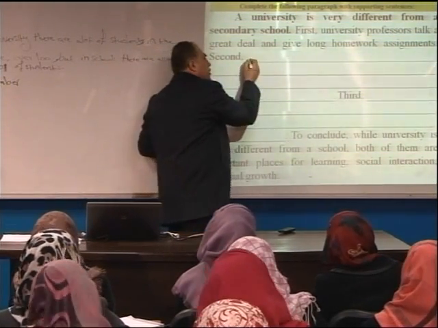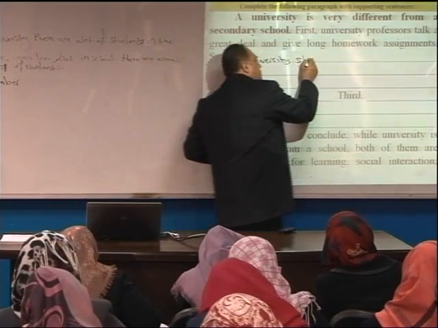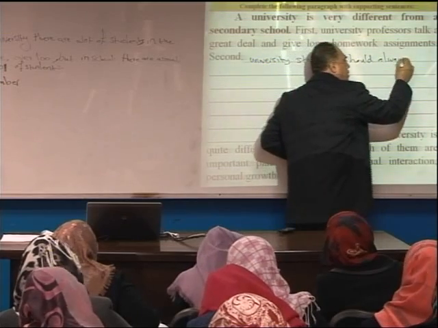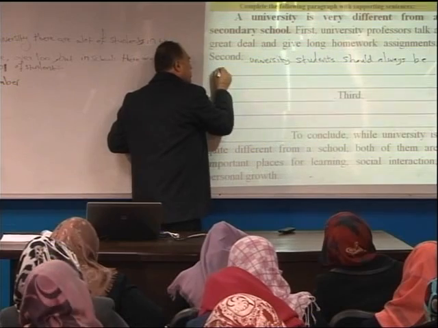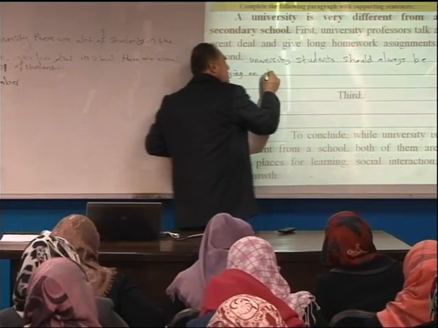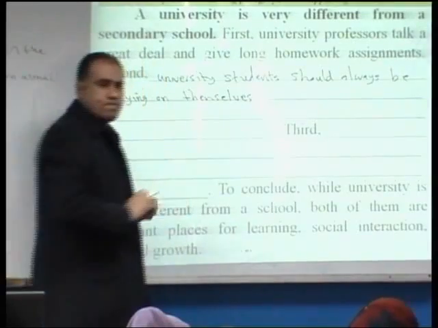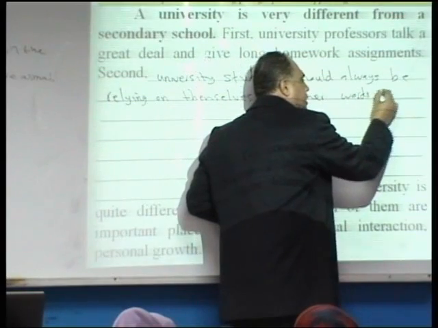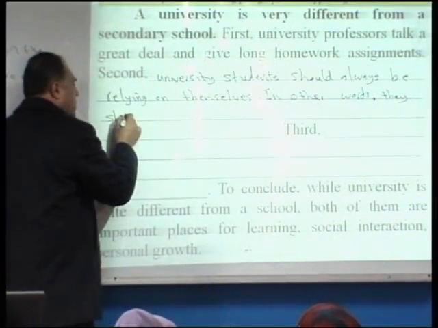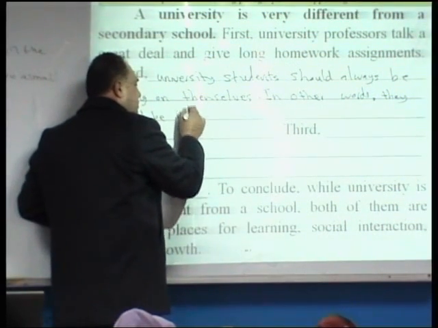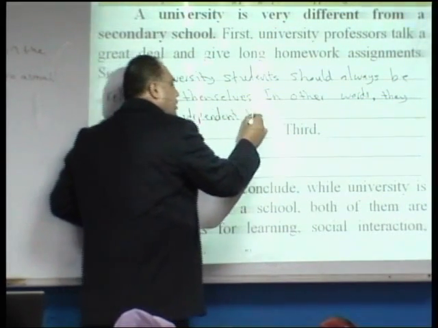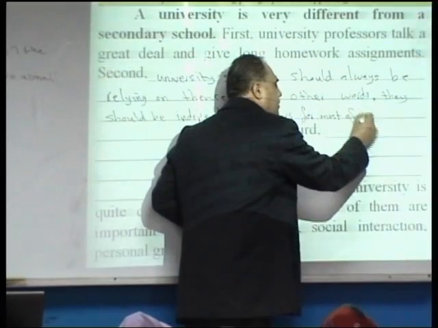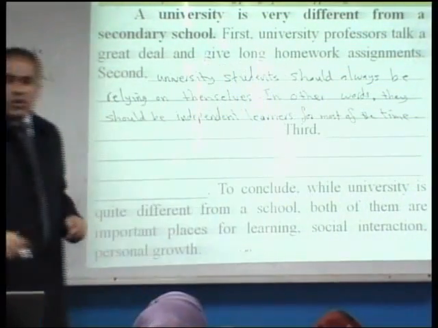Let's just very quickly say: university students should always be relying on themselves. Okay, all right. In other words, more independent. Exactly. In other words, they should be independent learners for most of the time. Okay? For most of the time. Okay? And the third example,